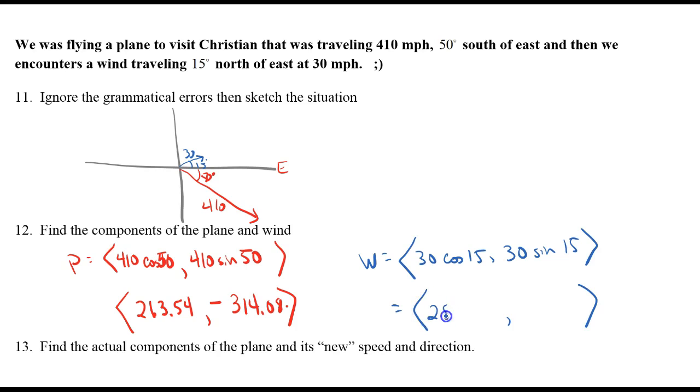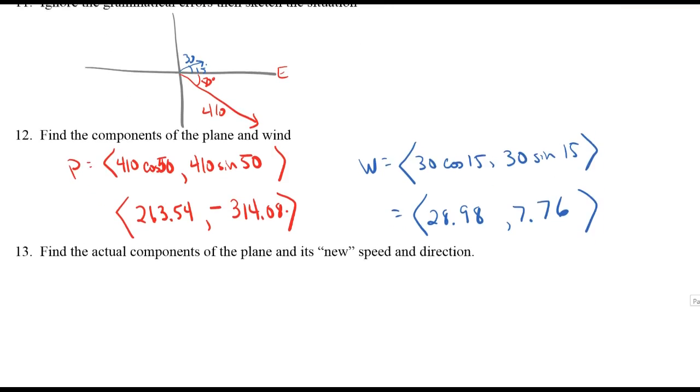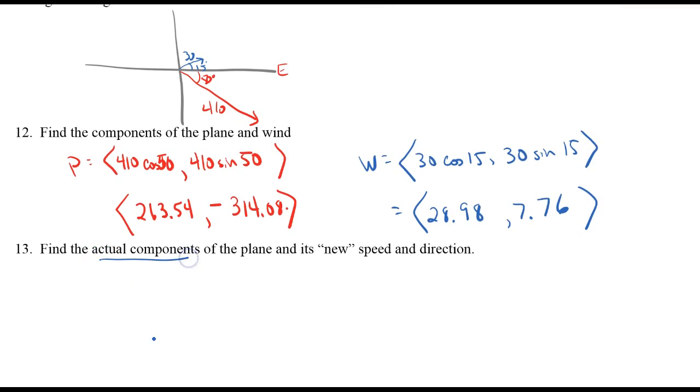Okay, I'm getting 28.98, and then for this one, I'm getting 7.76. Okay, great. So those are my plane and wind components. For the next one, find the actual components and the new speed and direction. Okay, so now I just need to add them together. That's it. Plane plus wind is actual components. So if I add them together, I'm going to get